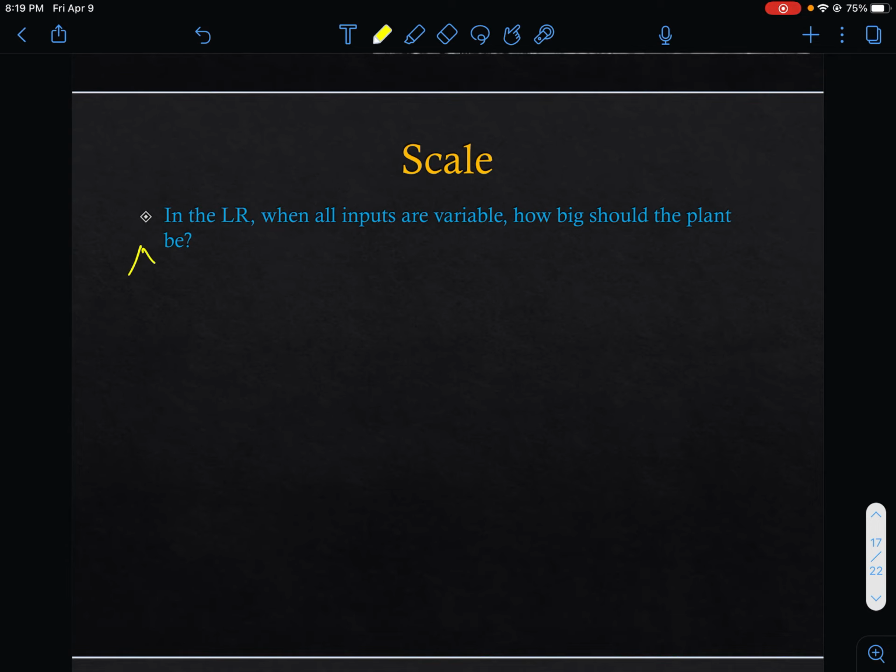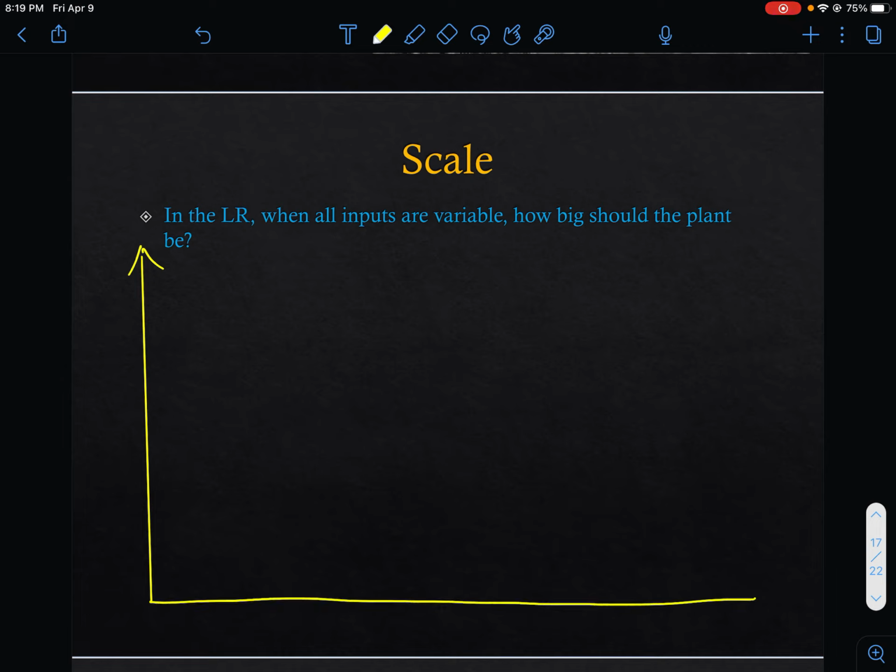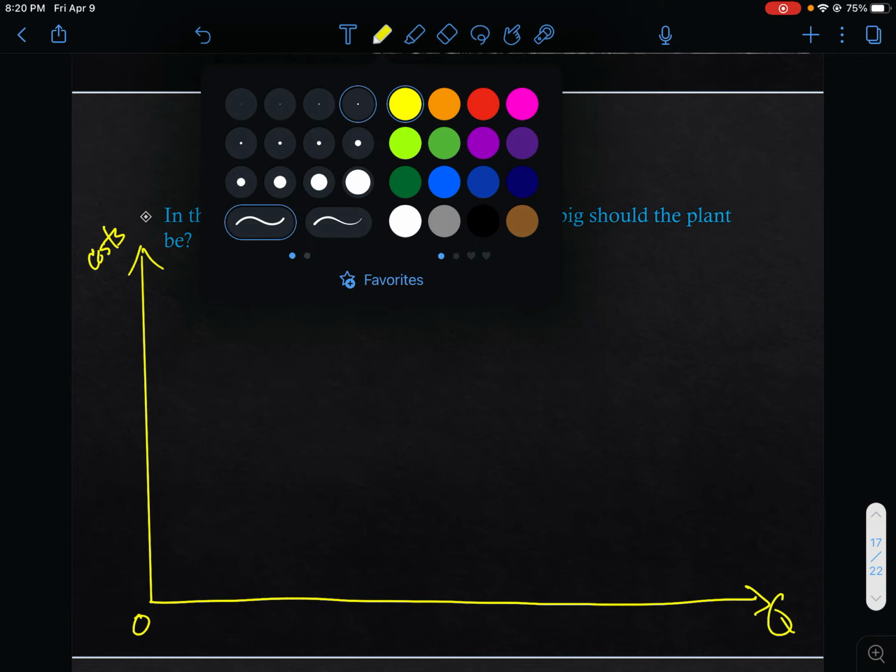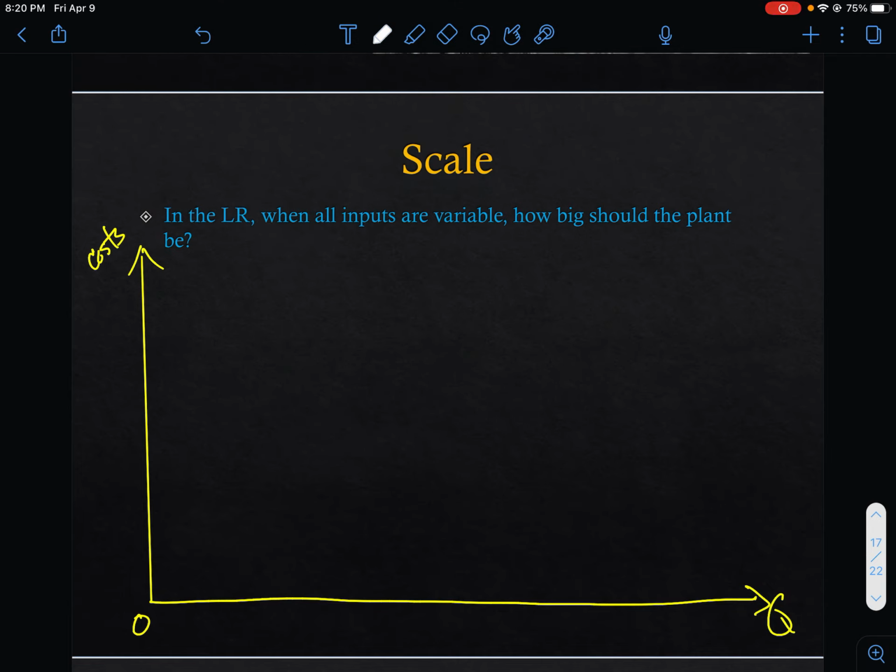But then there's also a concept of diseconomies of scale. Because what happened with the River Rouge example was they made the plant so big that it was actually more expensive than if the plants were smaller. So here we're going to have quantity, right? This is the output level, and then these are costs. And what we'll see is that there are a lot of possible short-run average total cost curves.